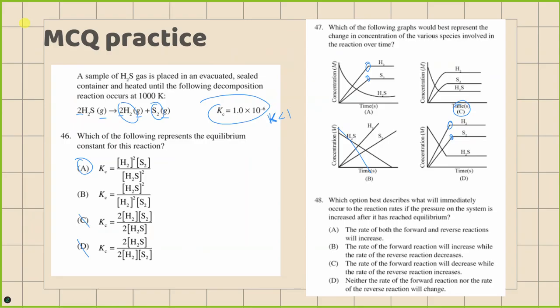Okay. Which option best describes what will immediately occur to the reaction rates if the pressure on the system is increased after it's reached equilibrium? So for pressure, you are looking at the moles of gas. So if we're looking at pressure,